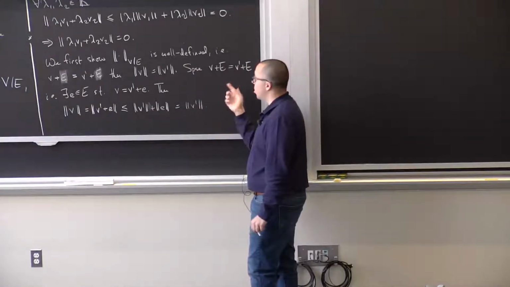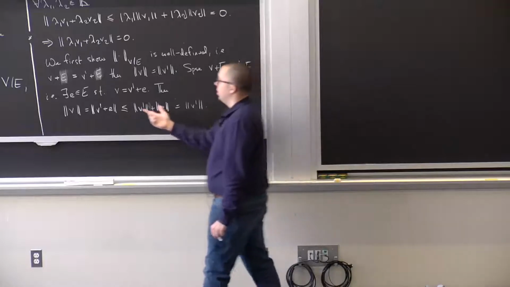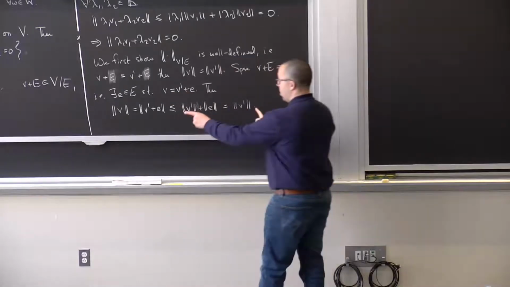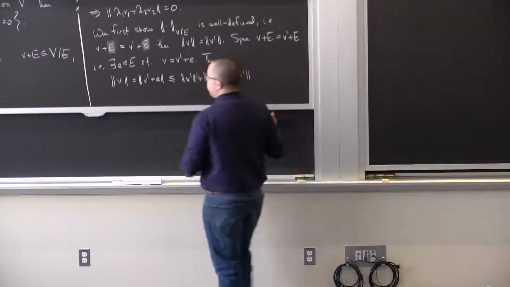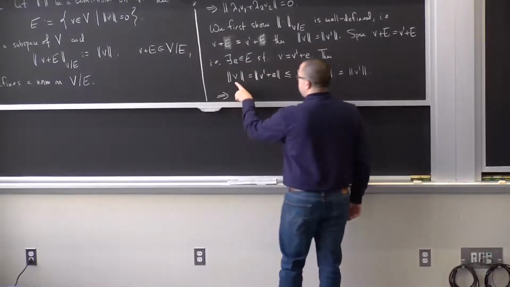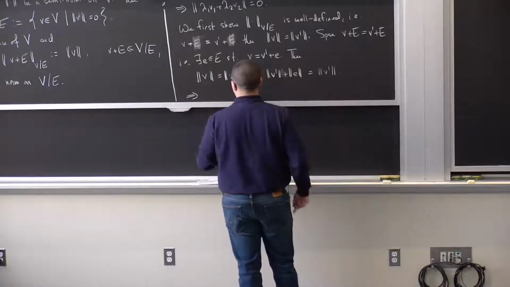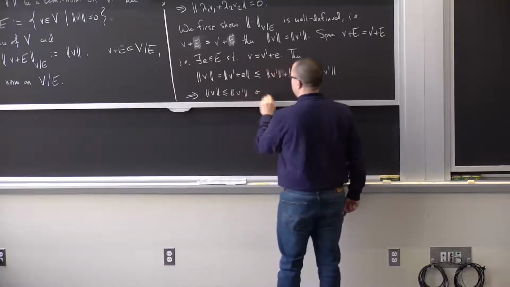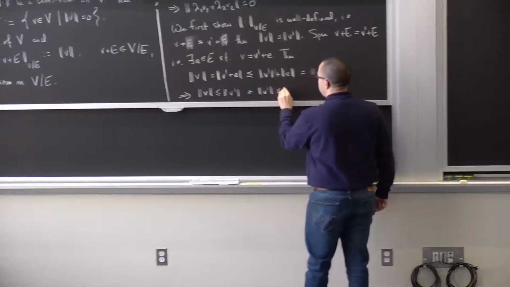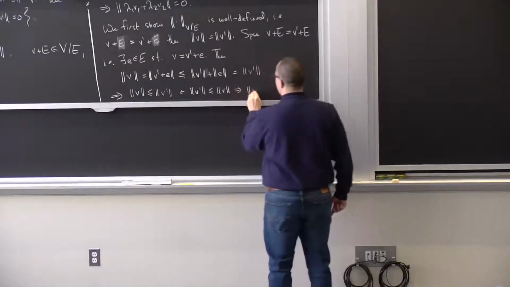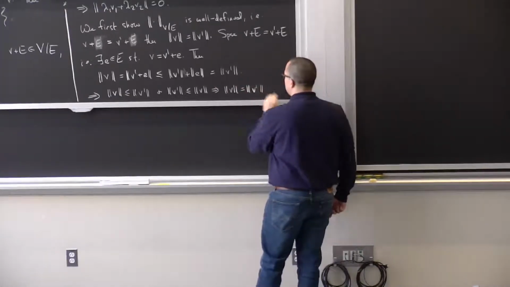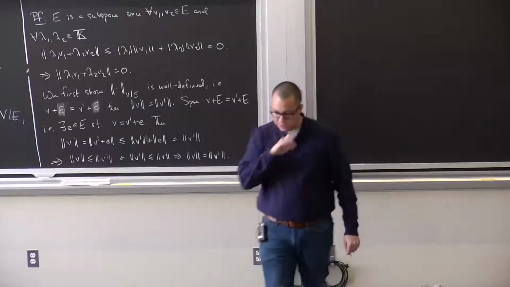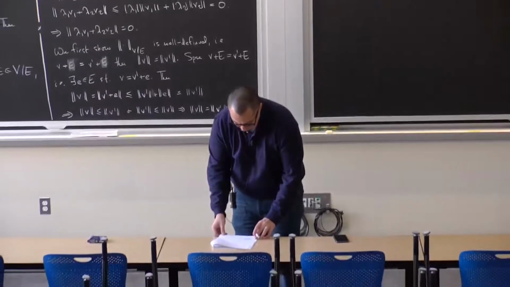Now, this argument is symmetric in V and V prime, all right? If V is equal to V prime plus E for some element in capital E, so is V prime. So I can also switch V and V prime, meaning I've shown that the seminorm of V is less than or equal to that of V prime, and the seminorm of V prime is less than or equal to that of V, and therefore their two norms agree. So this function here is well defined.